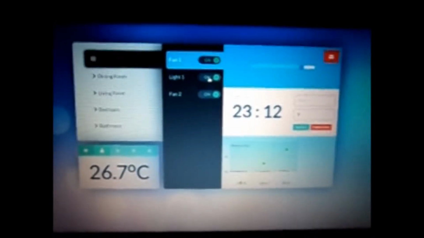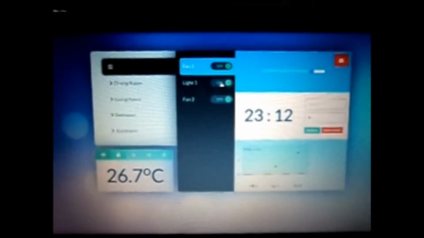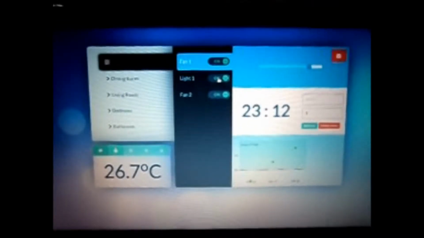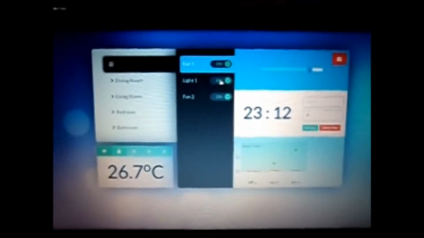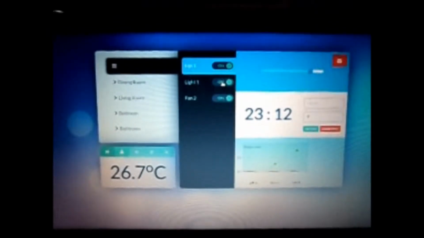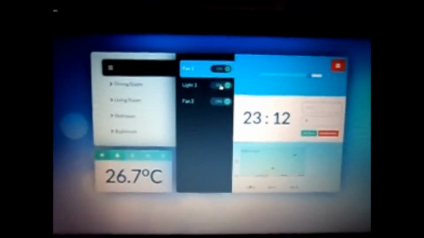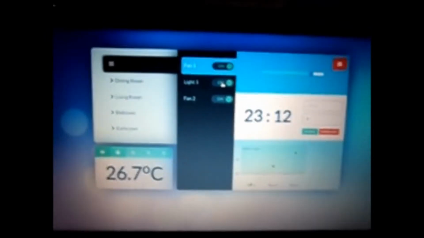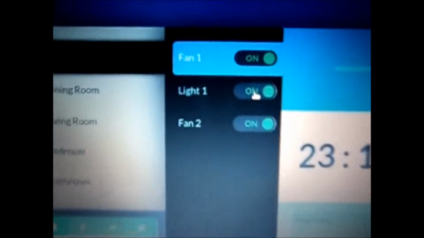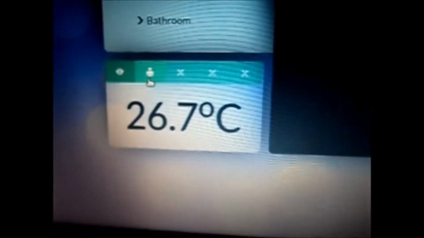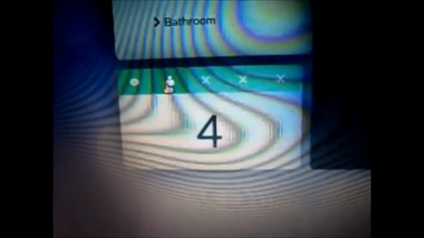As the name suggests, this is the website that is being hosted on the Raspberry Pi, and we would be controlling the electrical appliances with the help of this website. As you can see, the website allows us to control the switching or the on and off status of the lights and fans in this room, as well as control the brightness of the bulb and the speed of the fan. Along with this, the website also gives us a count of the number of people present in this room, which is currently 4.